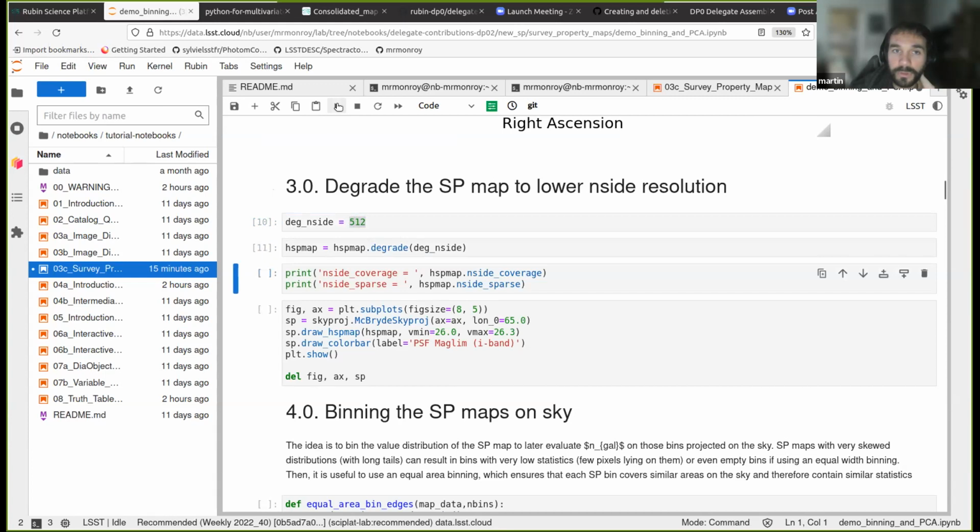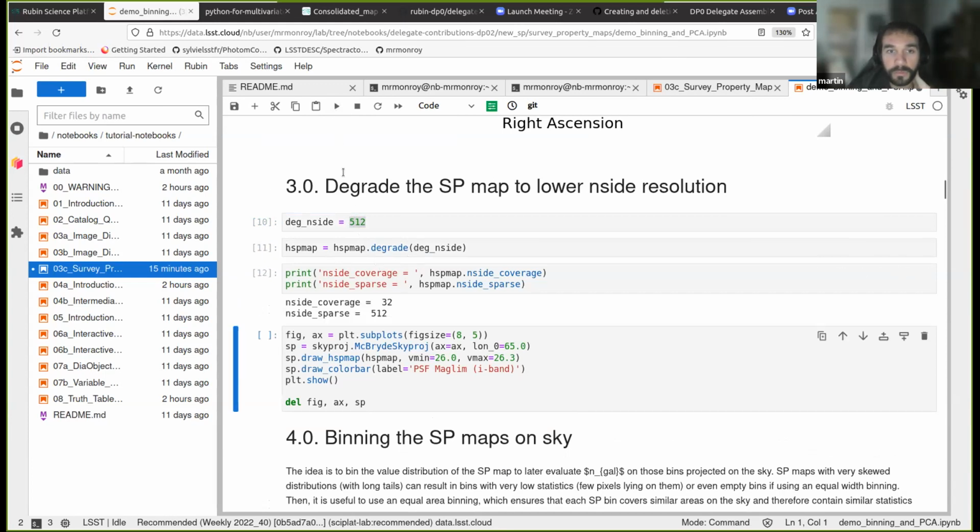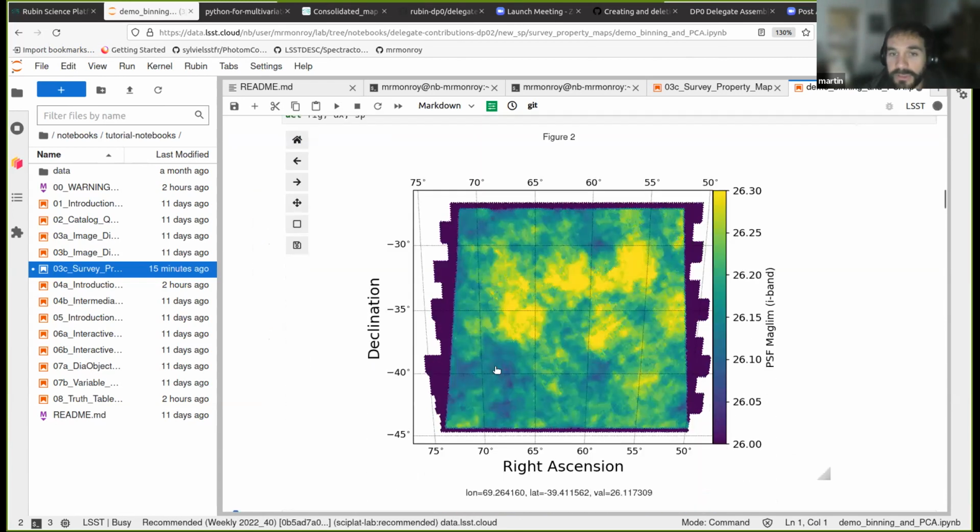And with this simple function here, we can degrade it. Now we can make sure that the new nside sparse is 512. And now if we plot it, you can see that it's almost the same, but if you look closely at the edges, you can see that